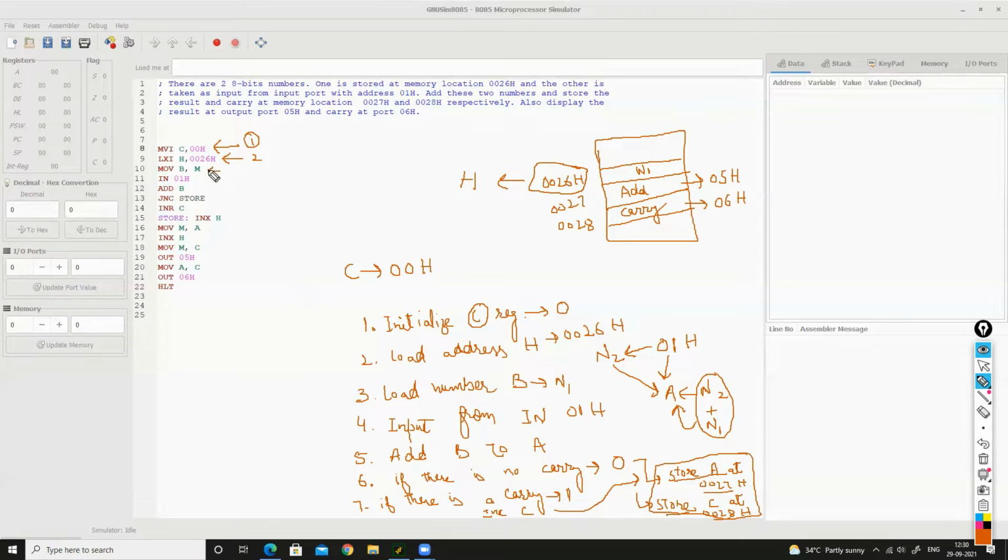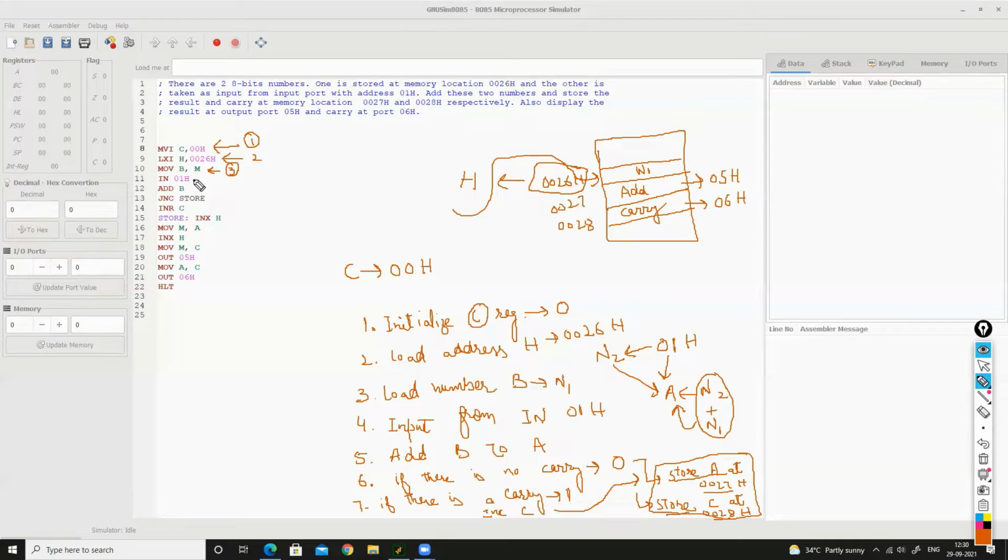We are using this instruction. What is this instruction? It is MOV B,M. M means go to the memory at what address? At the address stored by the HL register pair. So it is saying go to this particular memory location, bring data from it and place that data in B.